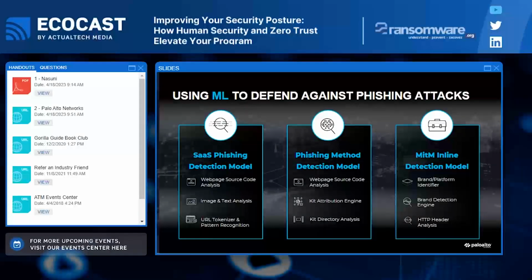Keep them in control and provide the right types of zero trust outcomes that they need to enforce the right types of policies. All right, well, hope that was interesting for you guys.